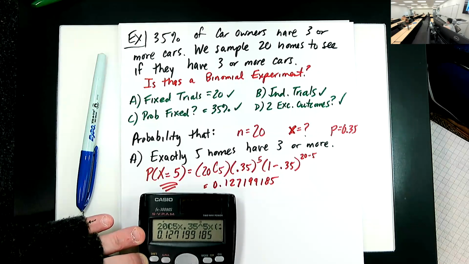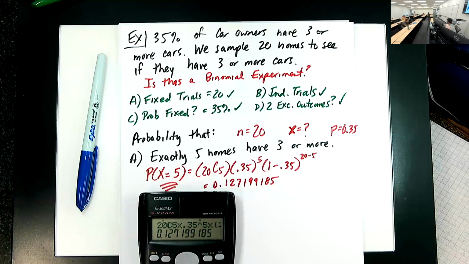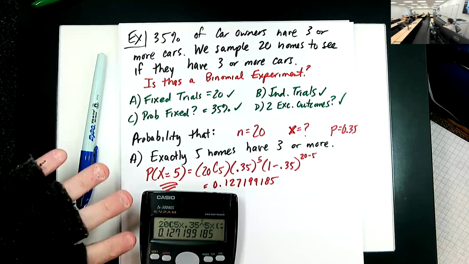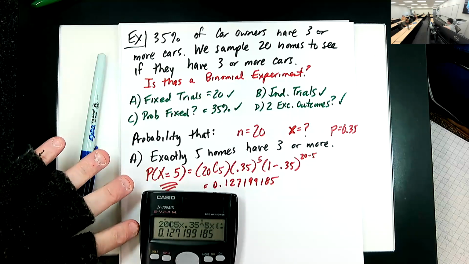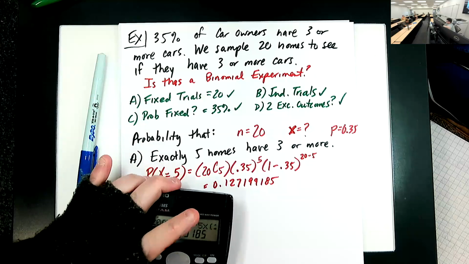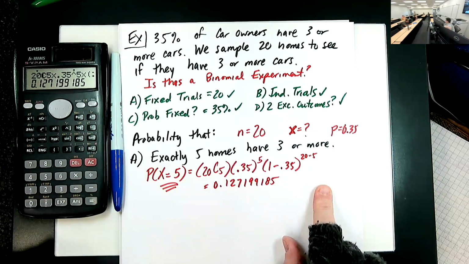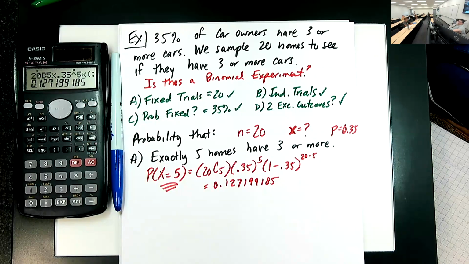So you can do it on the calculator, and actually plugging it in the calculator isn't too bad. As long as you don't mess up the calculator work, it's not too bad. But you've got to remember the formula and a bunch of stuff. Let's see what it looks like in StatCrunch. Everyone ready?